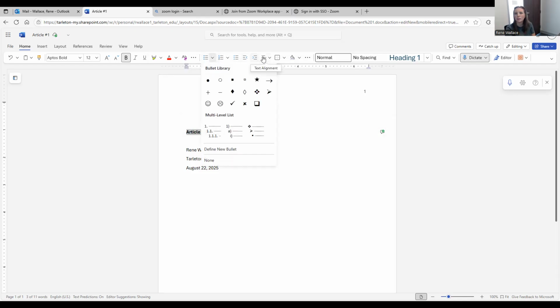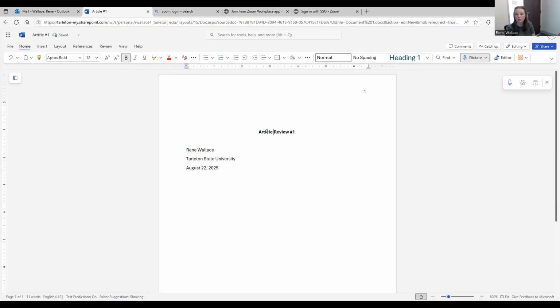So I want to center. So article review 1 is centered and bolded because this is the title of our paper. These things are also centered but not bolded. I'm going to put my professor name. Let me see.